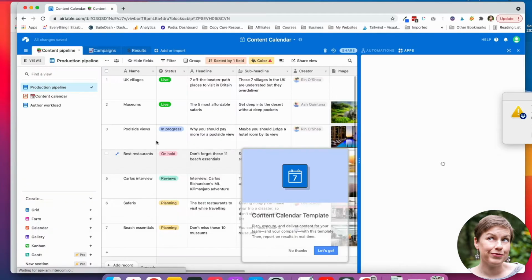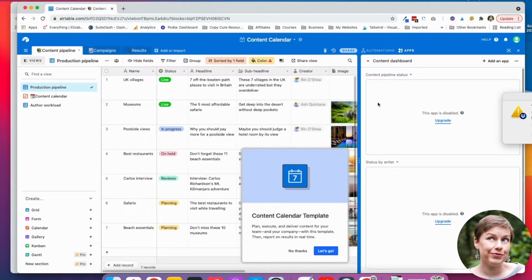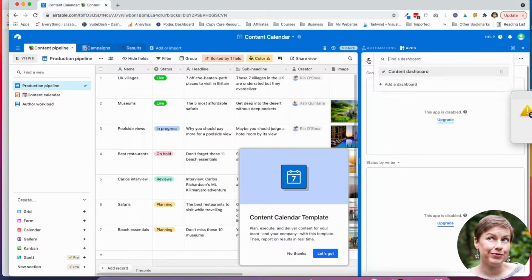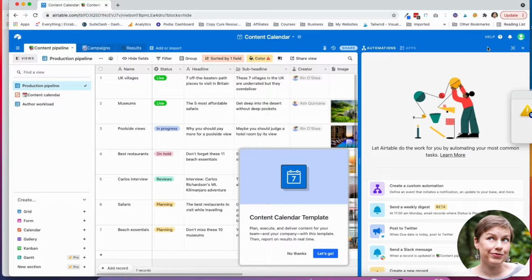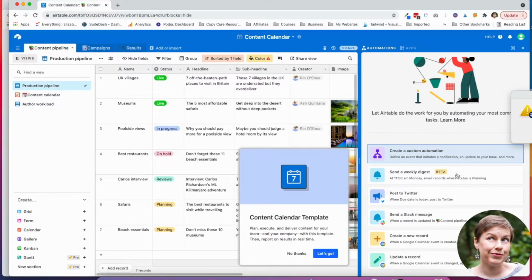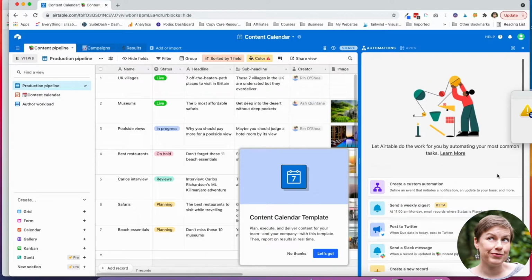And I am on the free version. So you're gonna see these apps, like these aren't available because, let me get that out of the way, because I haven't upgraded. But you can just hide them by exiting there, okay? And I can look at automations. So if I want to create some automations, this is a newer feature. It definitely didn't used to have automations, so it is kind of nice that it will do that.